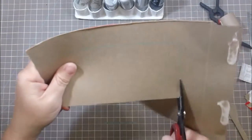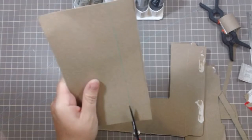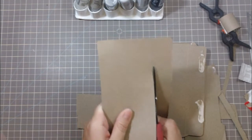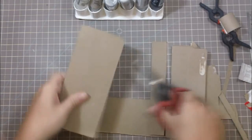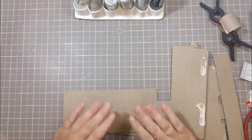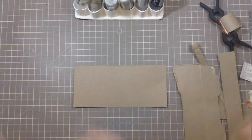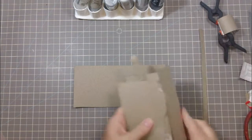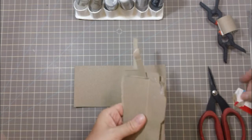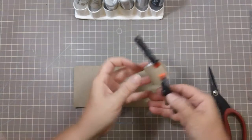So here's the base. Now when I'm doing a chipboard base, I will glue 3 of these together to make the chipboard nice and sturdy. The glue in between each layer makes it really nice and sturdy. So I'm just showing you the basics of how to do this, so I'm just going to use 1 layer. And then all you do, once this is all glued up,